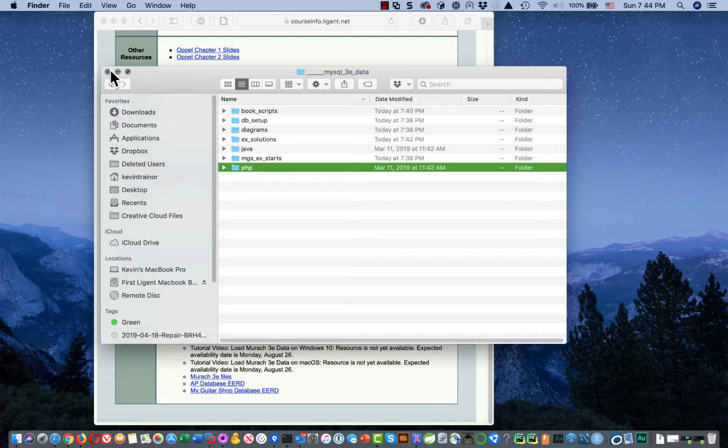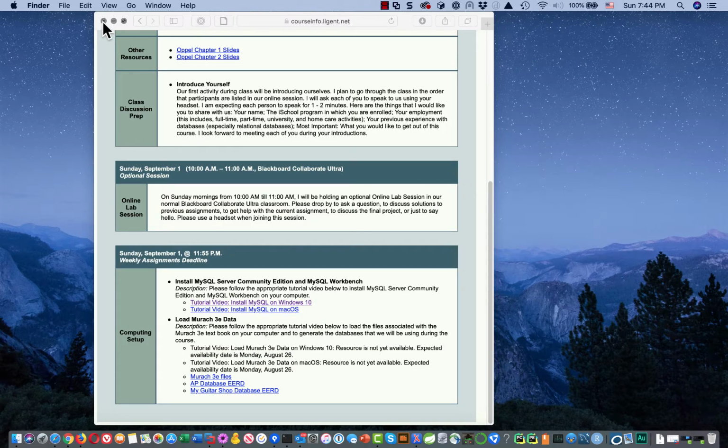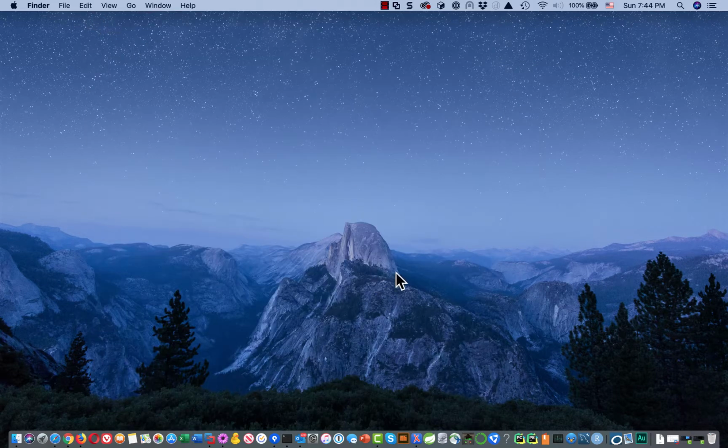So we have the data on our machines. Now we need to generate the databases. So let's close all these things. We're not going to need them. We're going to do the work we need to do now with